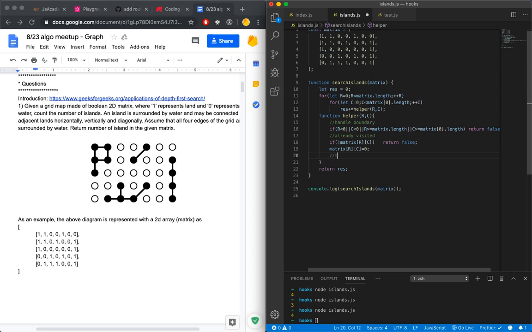Seek for neighbors. So you go from -1, 0, and 1, right? On the row side. Then on the column side,